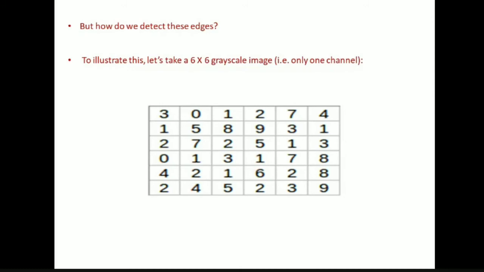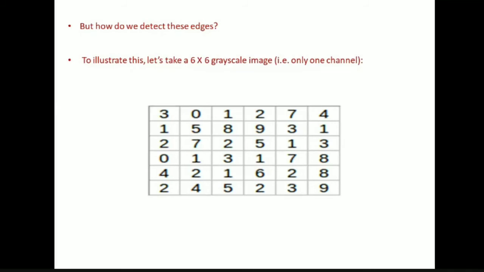Very, very important step. Don't deviate. So if you see, we have an image. What is this image? A 6x6 grayscale image, which has only one channel. Those are the pixel values of a grayscale image, which has a 6x6 grid. The values are 3, 0, 1, 2, 7, 4, and so on. This is actually an image, don't think that these are just numbers. We have converted this image into 6 by 6 grayscale pixel values, but this is an image.